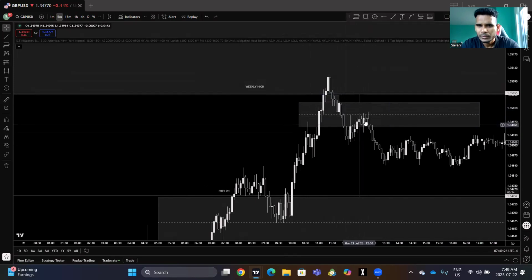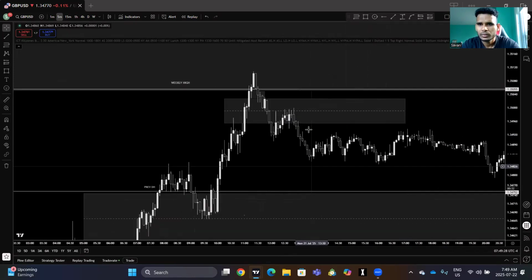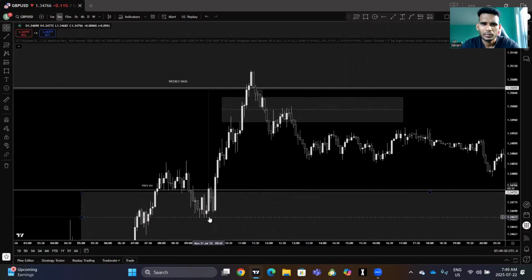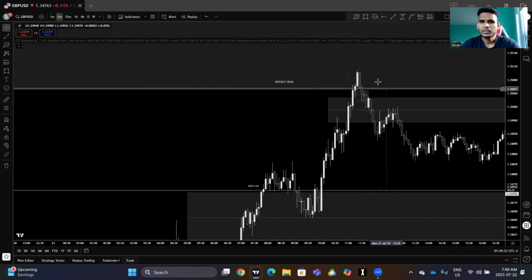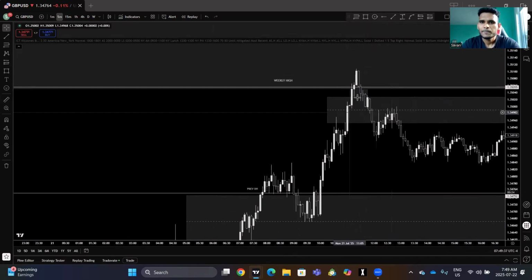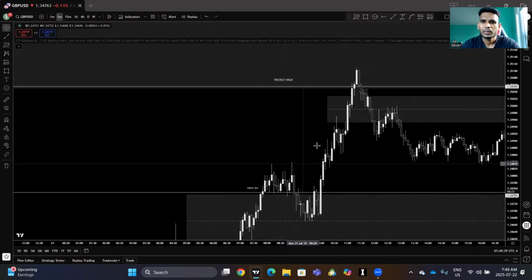Final sweep, again a structure shift. It keeps on going lower. This low is continuously getting protected until the final draw liquidity has been taken. So this is a quick push and quick flash to the downside. Usually I wait for this kind of price action, but this is very precise, since this is not a manipulation. This is just a quick expansion move all the way towards this high.